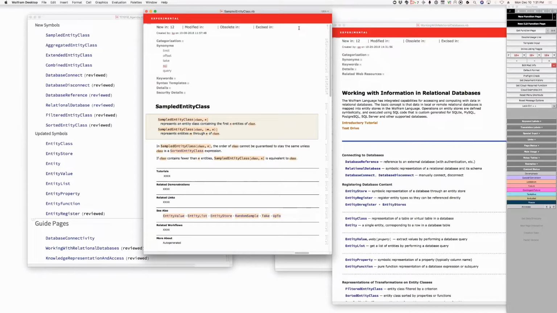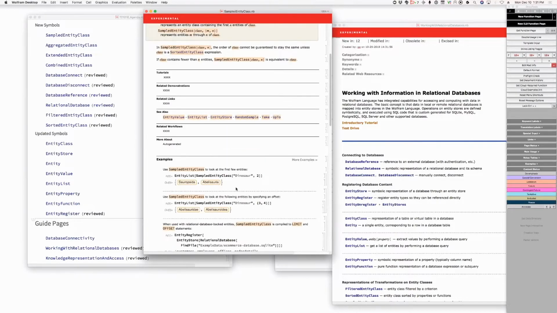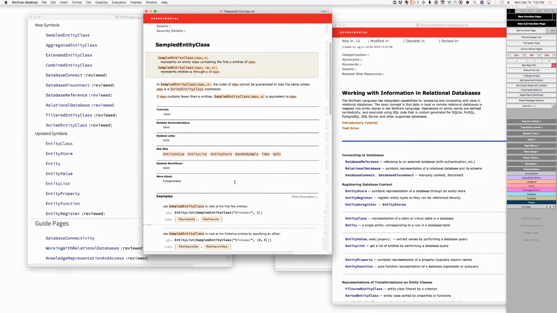Okay, so the examples here. Why are those the first few entities? Who knows why they ordered that way? It's a little confusing to say first few. Why don't we say containing n entities from, and then say